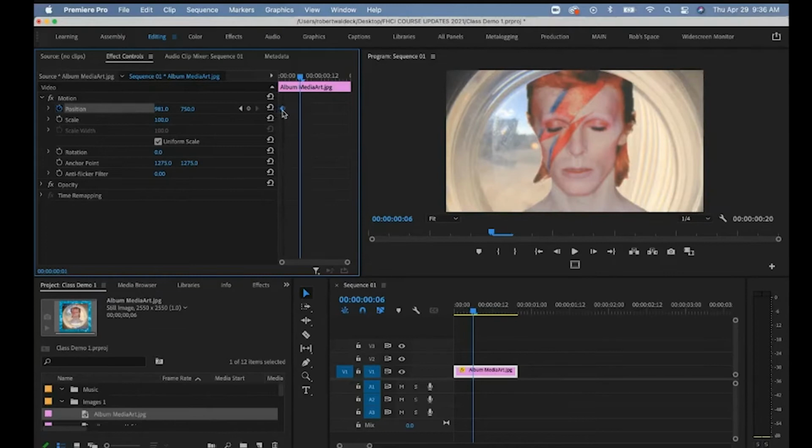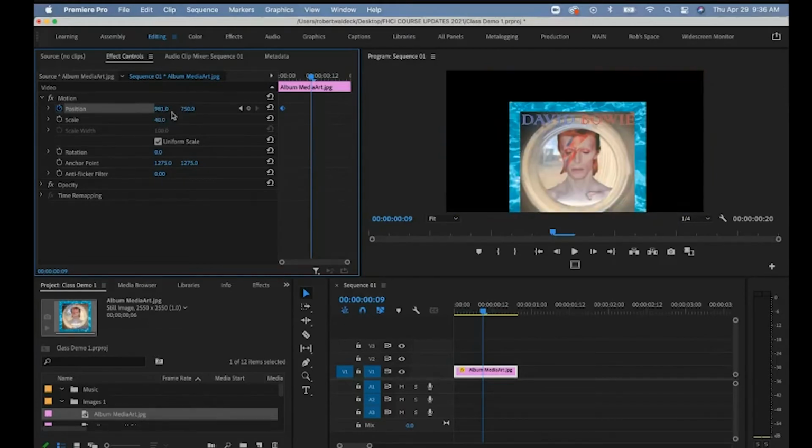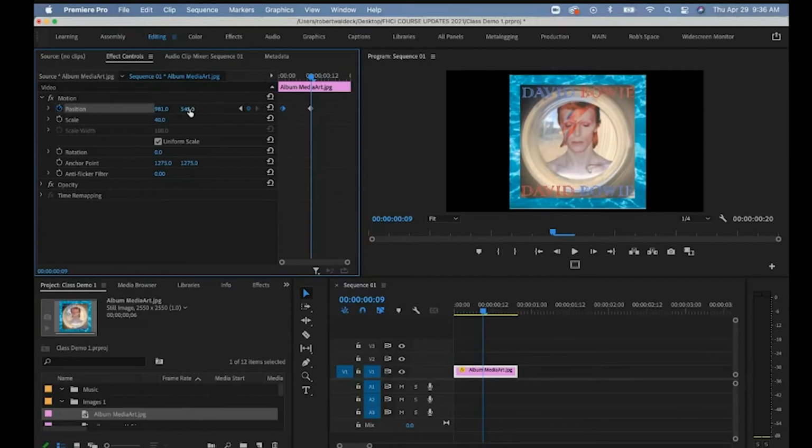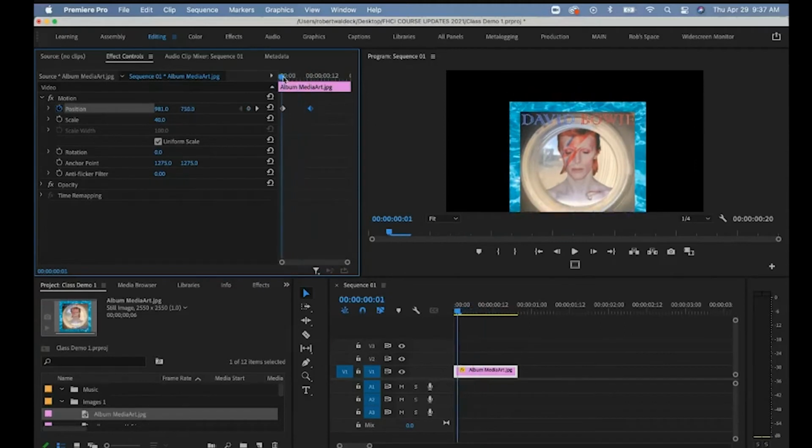So if I put that keyframe right here, and I move my scrubber over here, and I scale that down to 40, let's say, and then I drag that position up, you see it added another keyframe. So the starting keyframe was at 100 and whatever the position was. Now this keyframe is at 40 and whatever this position is. So if I take this scrubber and move it back here,